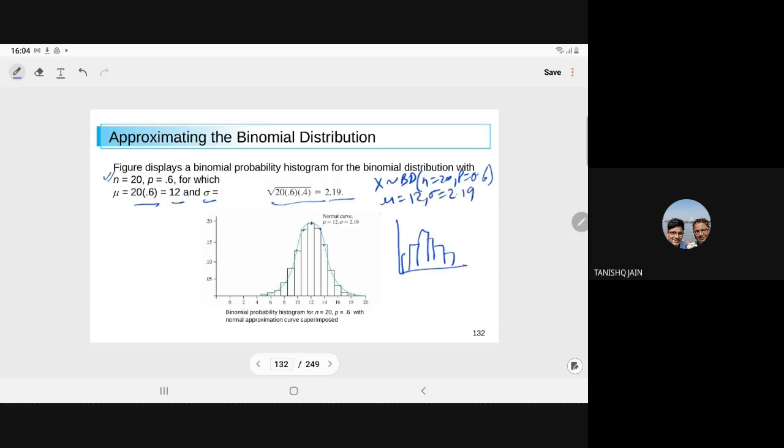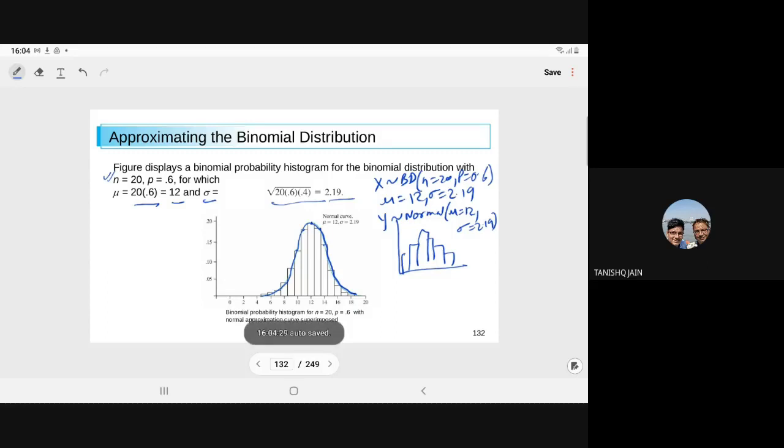Now define a new variable Y, which follows the normal distribution with mu equal to 12, whatever mu we computed above for the binomial, and sigma equal to 2.19. If you draw the curve of the normal variate with mu equal to 12 and sigma equal to 2.19,